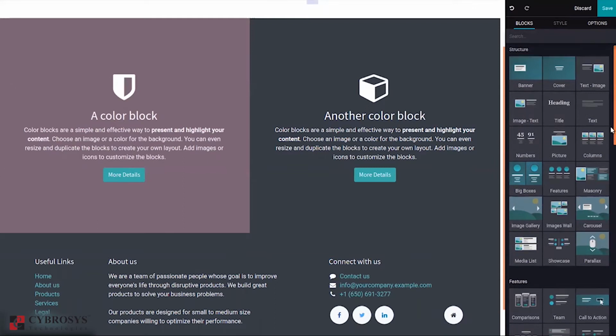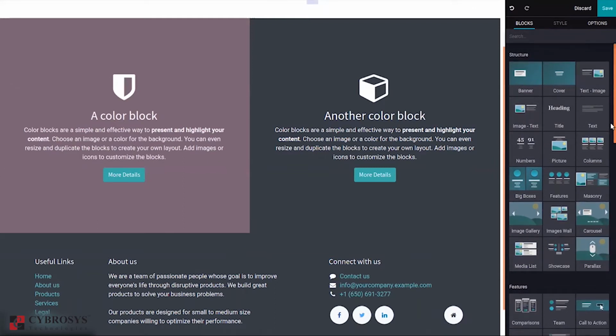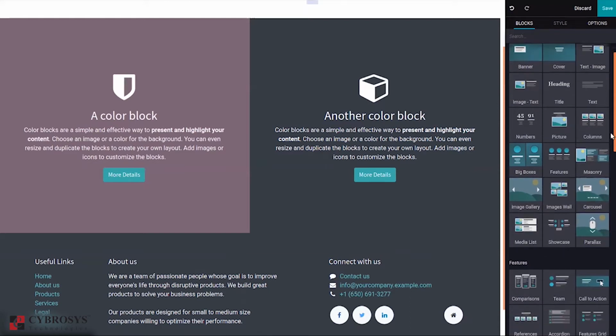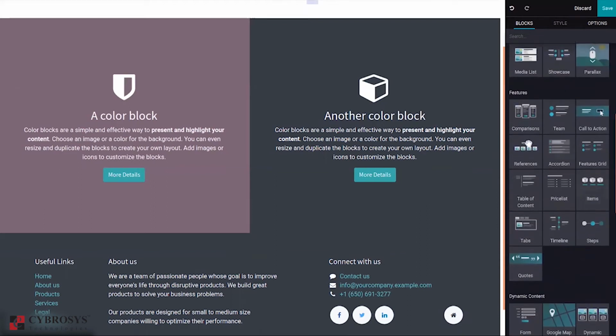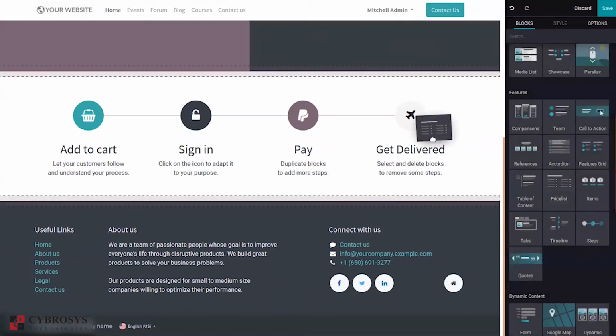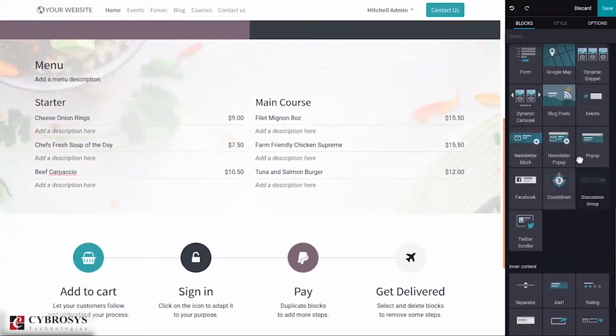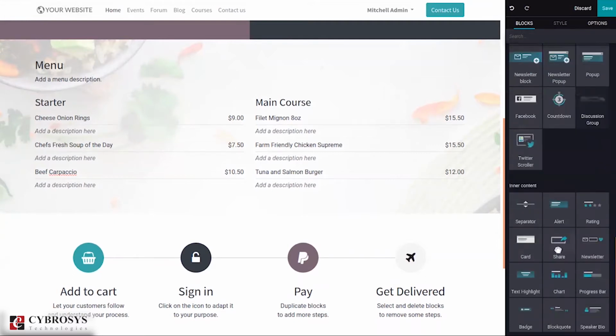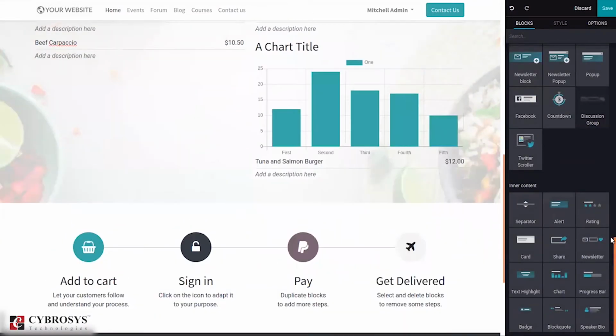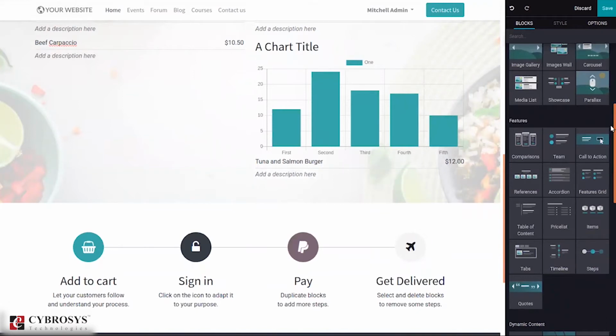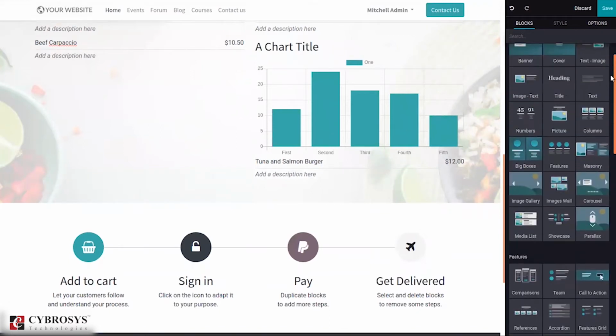So a lot of features are brought in Odoo 14, so you can make use of them. You can see features like you can add steps and product price list, and below you can see our dynamic content, so we can add blocks from here like countdown snippet. Then below you can see inner content where we can see a lot of features like chart snippet. So these things are new in Odoo 14, and we have done videos on these snippets available in Odoo 14, so you can check that.